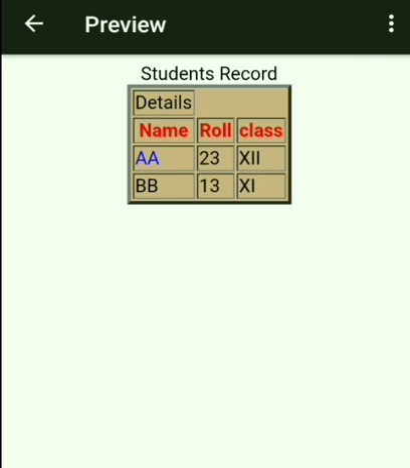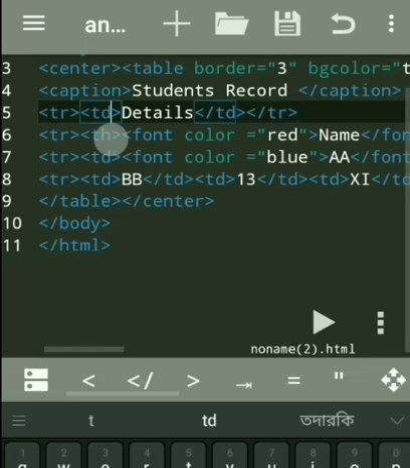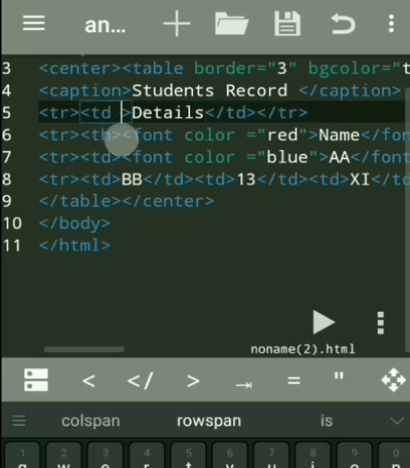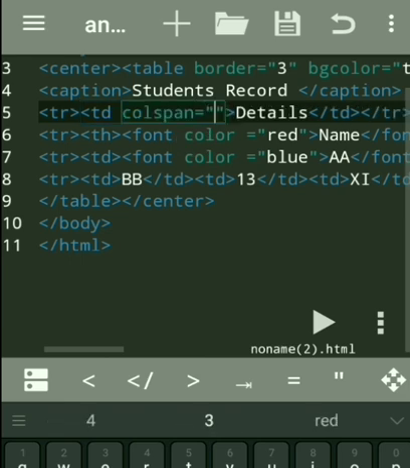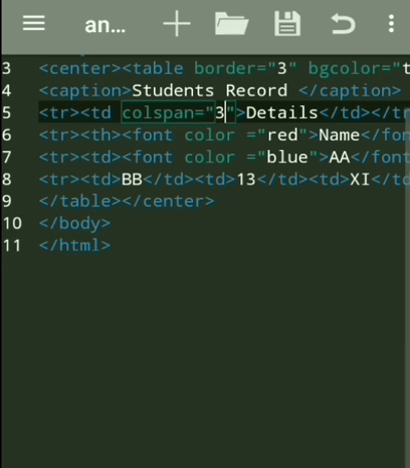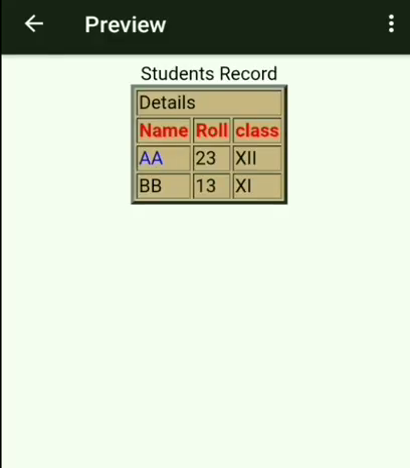So what do we have to do? This cell must be extended to this cell. So here we should write colspan. Colspan means the column should be extended for 3. You see here it's merged.